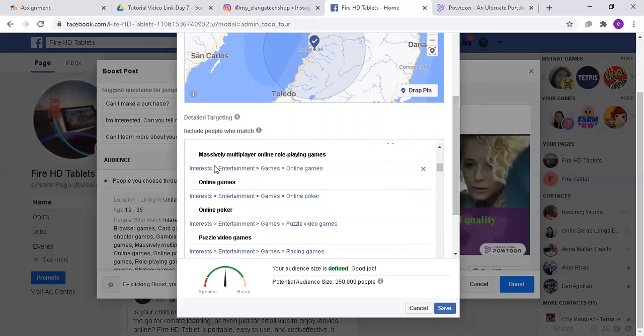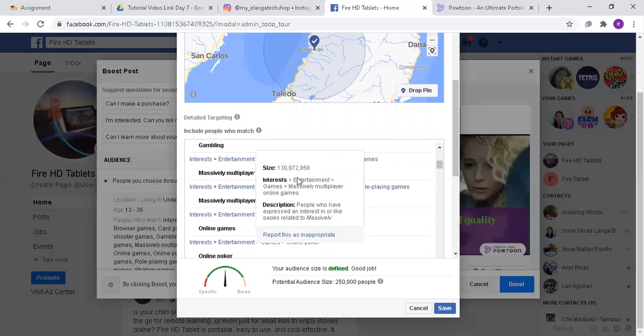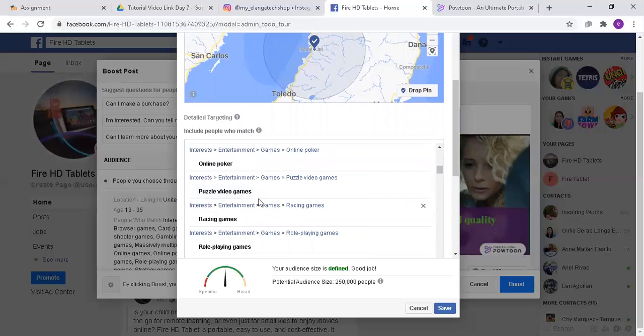Since I'm looking specifically for people who like a device for entertainment, I'm going to click on this entertainment button. And as you click on this entertainment clickable button, you can see more options.